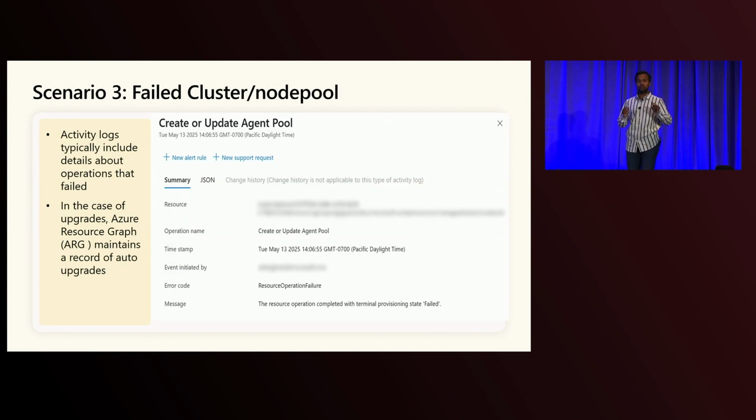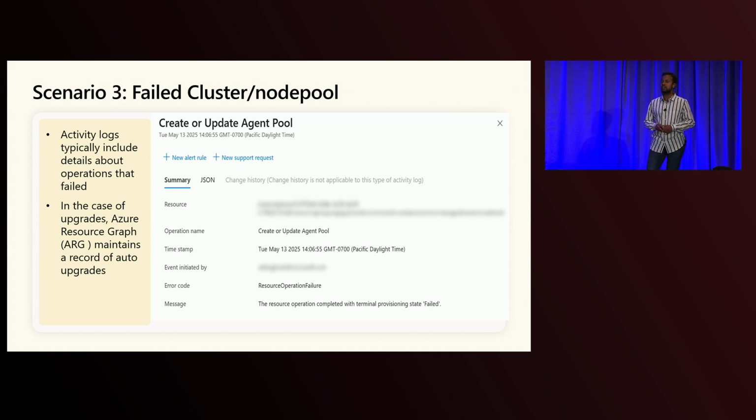The second one is, now we know what the failure cause was, but we don't know what triggered it. What was the operation that triggered it? In many of these cases, it could be something that was orchestrated, something that was not done by a human. So these are two avenues to start with. One, activity logs. Typically, any operation you perform in Azure is logged, and that has the specific operation and the status of the operation as well.